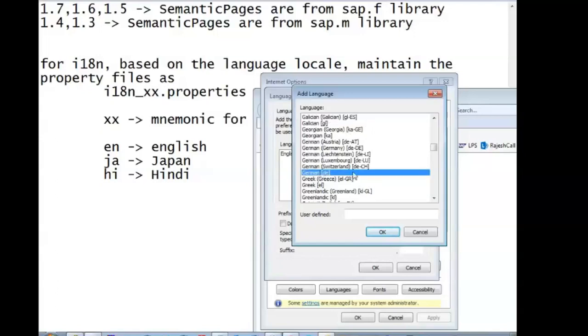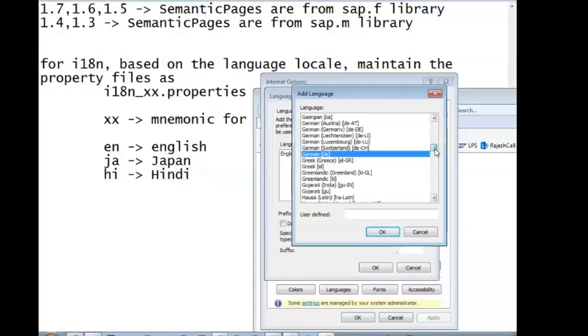German. I tried with Hindi and our local language, because when I use another language like Japanese to test it, I need to change the browser language. But I cannot come back again if I change the browser language, unless I know that language. You have to uninstall and reinstall. That's difficult.